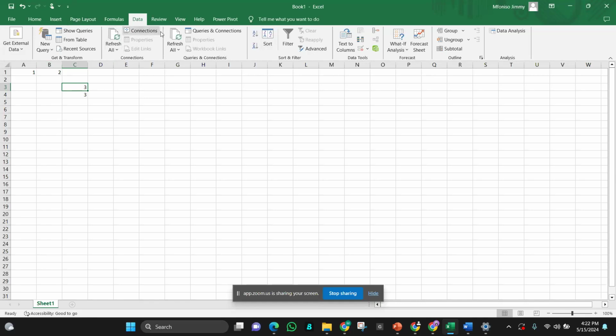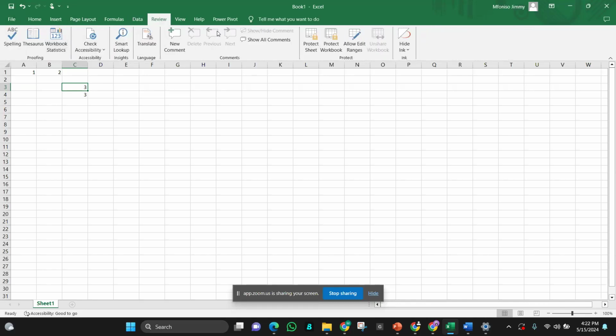I should not be talking about this, but I just want you to have an idea of it. Then this is review. You might not necessarily need this review a lot, but let's say you're working in a team and you want to show your teammates what you did. Instead of leaving your sheet unprotected and letting them edit what they like, you can protect your sheet and put a password that only someone you shared it with can use to access the sheet.